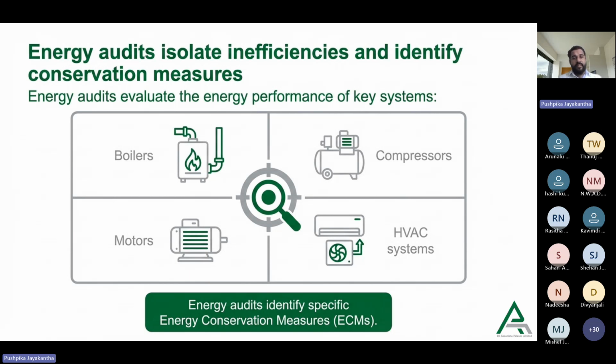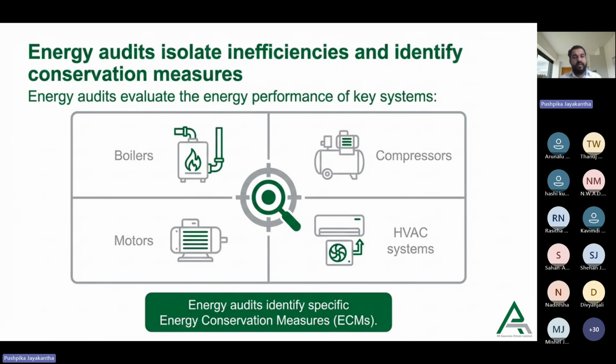Energy audit involves the systematic evaluation of energy use in a facility. The audit assesses the performance of equipment such as boilers, compressors, motors, and AC systems. The objective is to identify energy conservation measures. This energy audit can be classified as preliminary audits, which we call level 1 energy audit, and then the detailed energy audit, level 2 audit, and the investment grade audit, which we call level 3